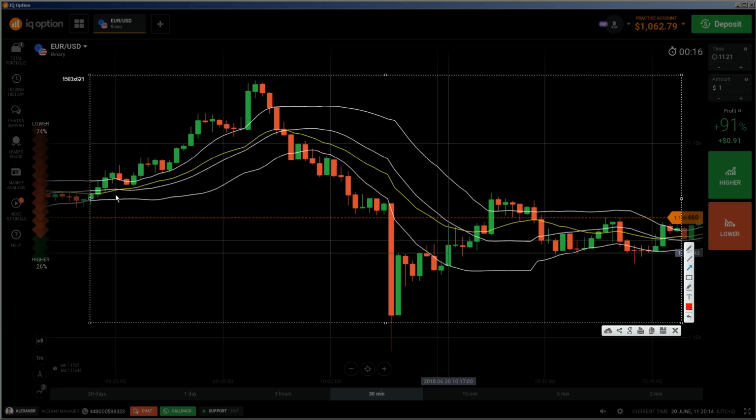So we see here they are close together. The more they get away from each other, the more they expand. Here is the maximum. You get a strong uptrend. Here is the strong uptrend. You see how price pulls back from the 1 deviation Bollinger Band. That is the 1 deviation Bollinger Band here. And you see how price pulls back, and that is a sign for a nice pullback here, and pullback